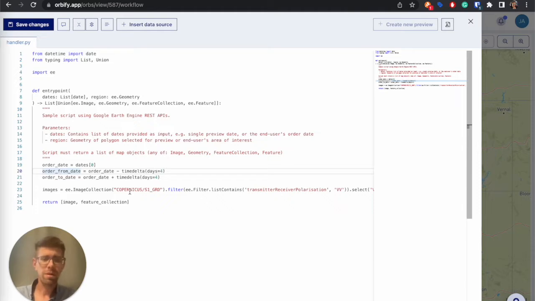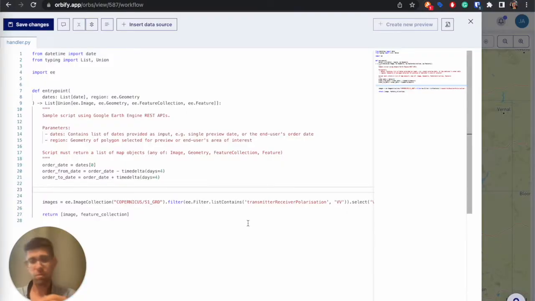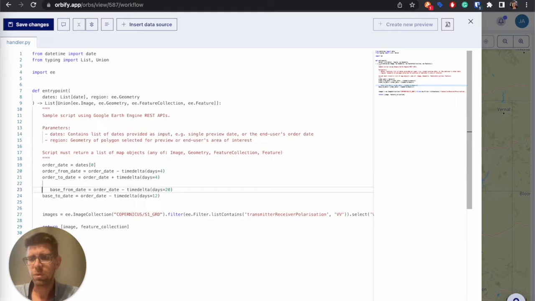Sentinel-1 temporal resolution is 6 days. So if we're looking at an 8 day range, then most likely we will find at least one image that works for us. And since we are subtracting one image from another, we've got the flood date, the date on which we are looking for the flood, and now we need also base dates, right? Where we are saying, okay, the situation was normal there, and there is no extra water anywhere inland. And here are base dates, right? So minus 12, minus 20 days. So we are going 16 days in the past, and again looking at 8 days surrounding